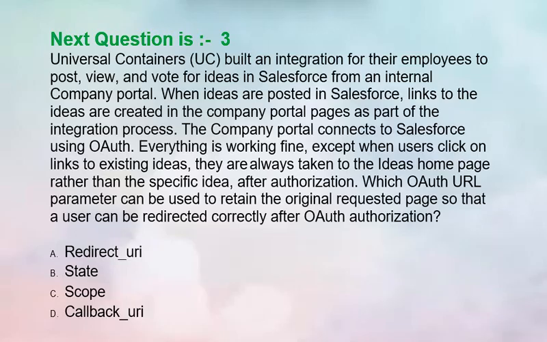Everything is working fine except when users click on links to existing ideas. They are always taken to the idea's home page rather than the specific idea after authorization. Which OAuth URL parameters can be used to retain the original requested page so that a user can be redirected